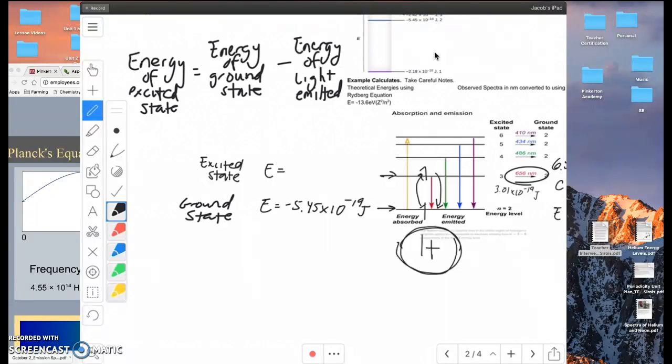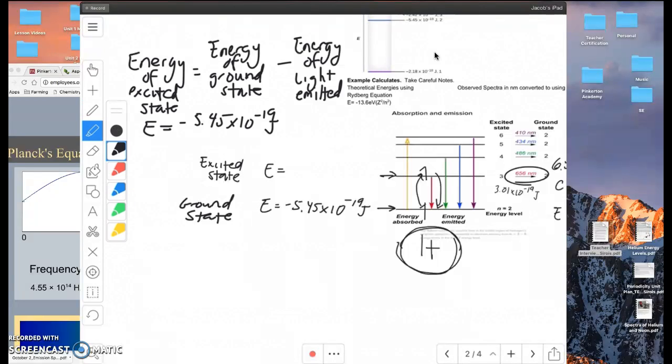So here's what we're doing. For this case, if I want to know the energy of this excited state, all I have to do is say negative 5.45 times 10 to the minus 19 joules. That's my ground state, this first energy level, right here. This number right here, that's my ground state energy. And I'm going to subtract the energy from the light emitted, which we said